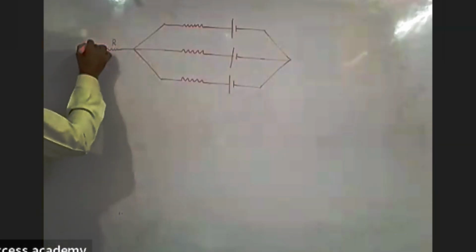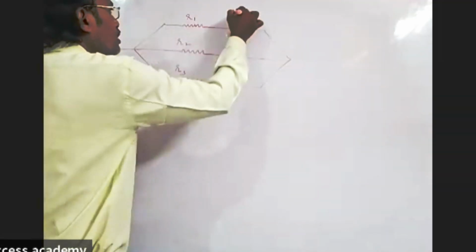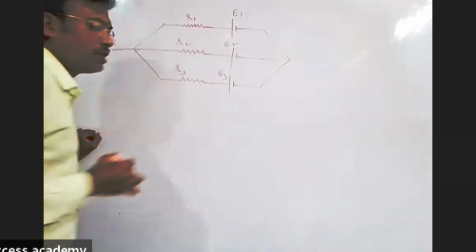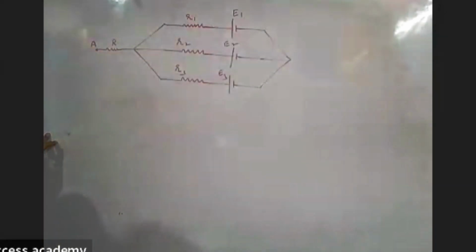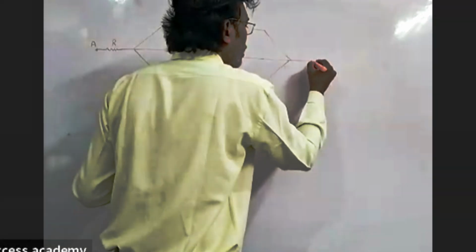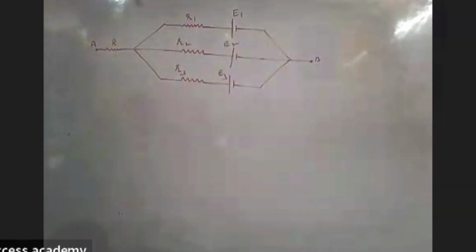This is the R, and this terminal is A. This terminal is A, and this is R1, R2, R3, E1, E2, E3, and this is the terminal B. What we need? Calculator. In the circuit shown in the figure,